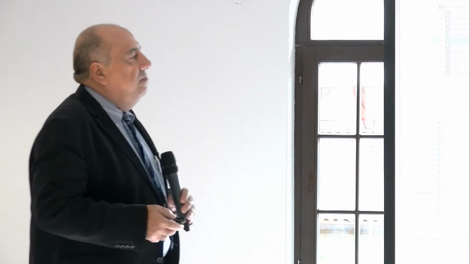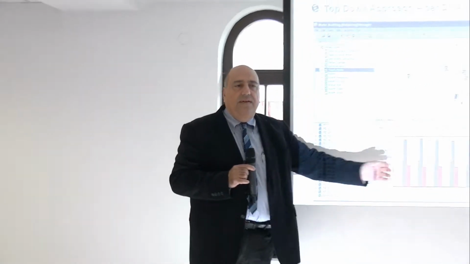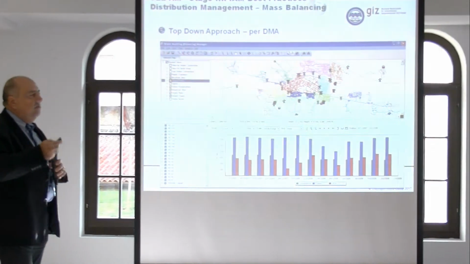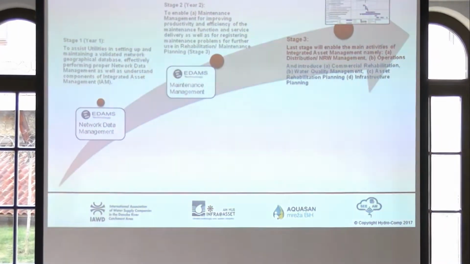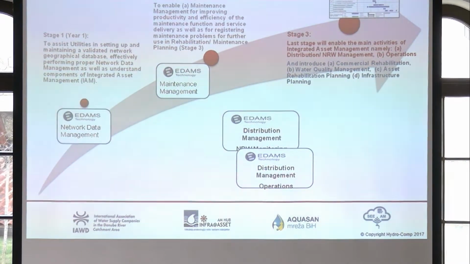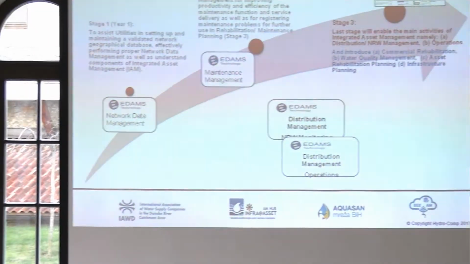So this is the top-down approach, and you can get graphic results like this, but that doesn't matter really. The important thing is that you understand which zones are more problematic and where you have the problems. So this is what we intend to start. We don't say we're going to complete, but at least to start, because if we manage to do just one of your zones, then you can do all of them by yourselves. If you understand the process and the methodology, you can do all of them yourselves. And